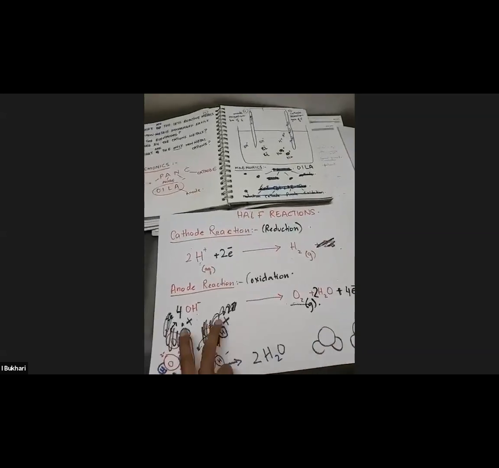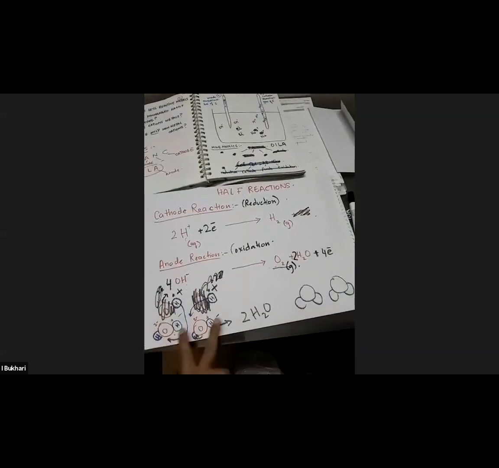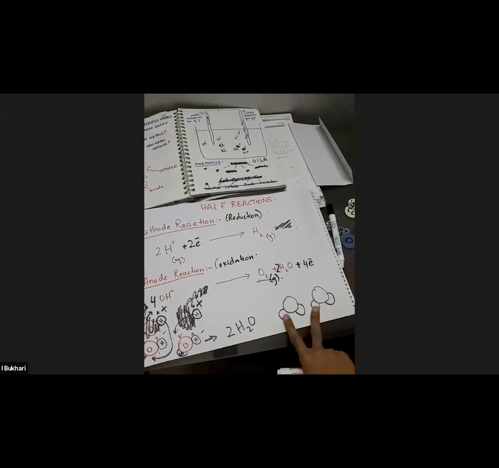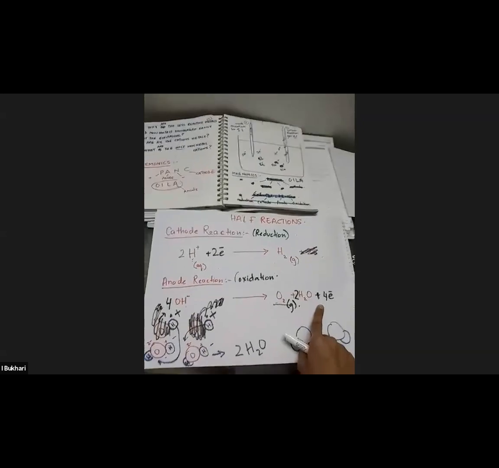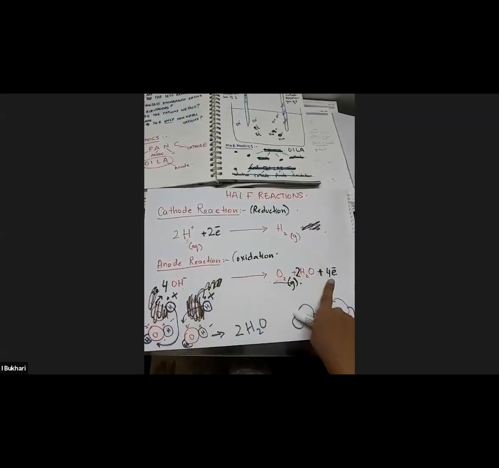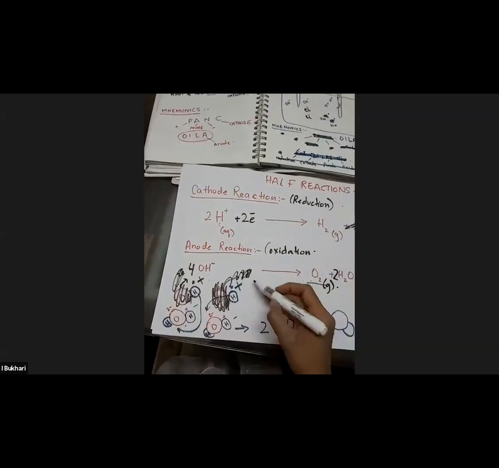So this is how from 4 hydroxides we got oxygen and 2 water molecules. And in the process, 2 electrons from each oxide, from each oxygen, so a total of 4 electrons. So this is what happened in oxidation. Now, if I want to write down an overall reaction,